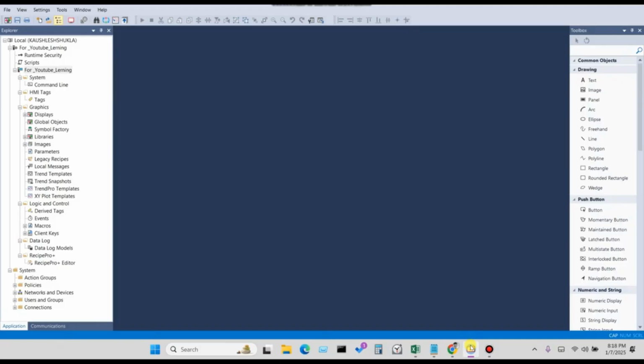So how to use string input and string display with using HMI tag. If you don't know how to create HMI tag, in my previous video I already uploaded a video on YouTube on how to create HMI tag and how to use it. So in today's video I will share how to use string input and how to use string display